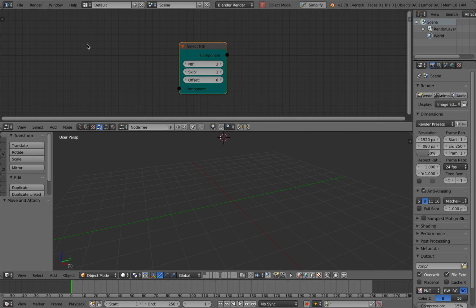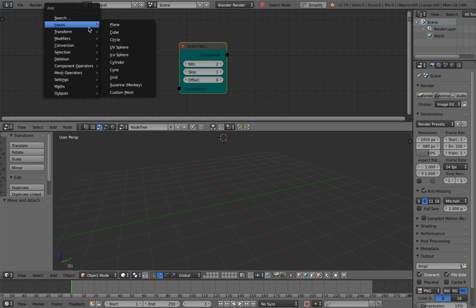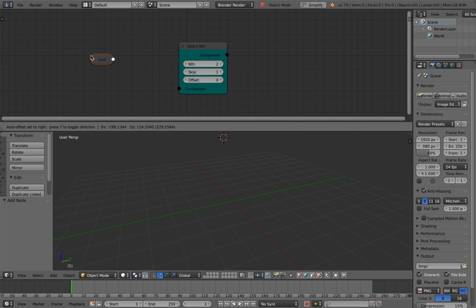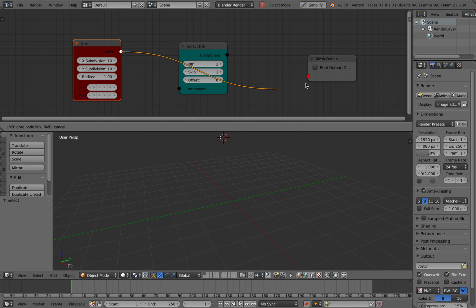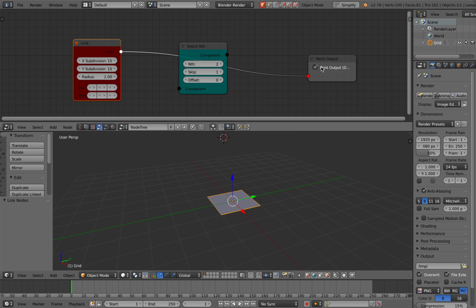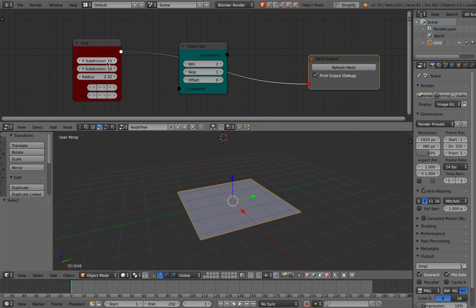The add-on actually just been updated, so now we can have more inputs, including custom mesh. For now, I will be using grid. Actually, instead of plane, grid has a little bit more options. So tap H, and if we are using the output now, plug this guy in. I think if you print output, it's gonna update automatically, but I don't know. Just turn that on. So we can adjust the subdivision,